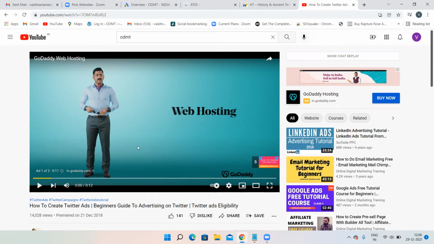Sometimes this option will not be there because this is of some 12 seconds. It is okay, no problem. They are telling to skip the ad after 5 seconds. Sometimes some videos will be of 30 seconds also. So at that time, obviously you do not have that much patience, then you can skip the particular advertisement. And sometimes some video will be of 6 seconds and 15 seconds. So no need to skip the ad. They will not give the skip ad option.